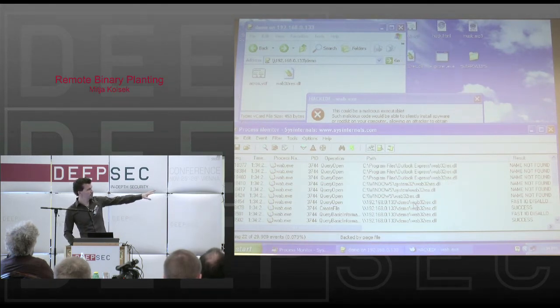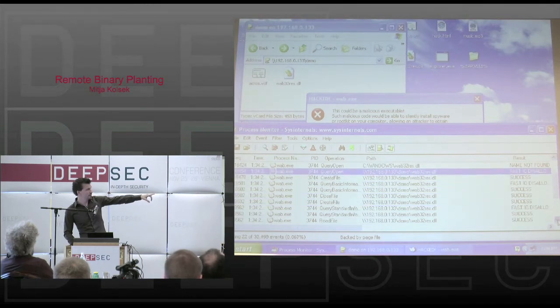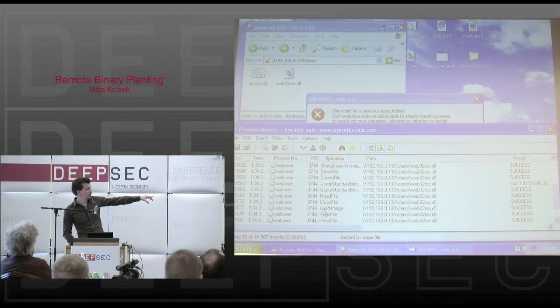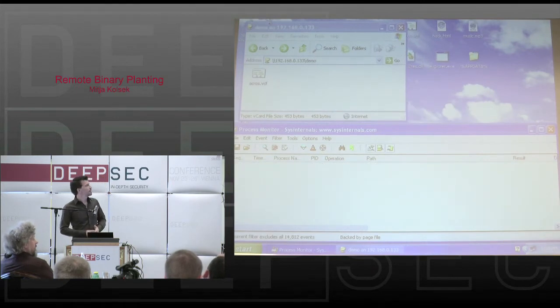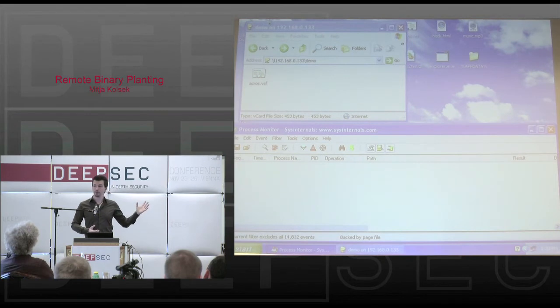And in the process monitor, you can see this as well. You can see that the DLL has been found on a remote share, and finally the load image operation is the operation that actually executes this DLL. So that's pretty cool. Looks easy, right? I told you, it's not buffer overflow magic. This is really easy. Anyone can do this.